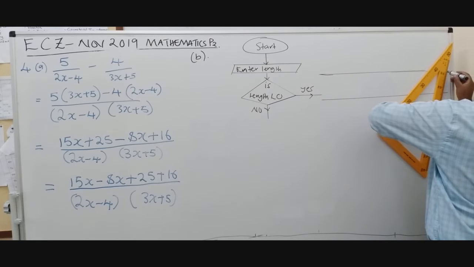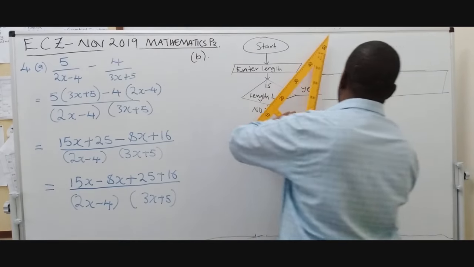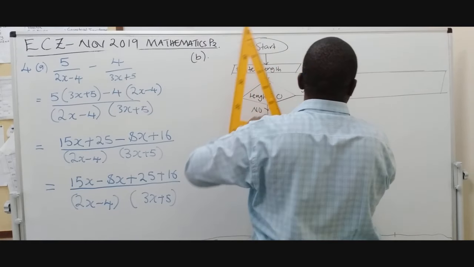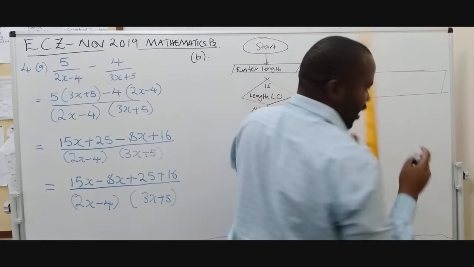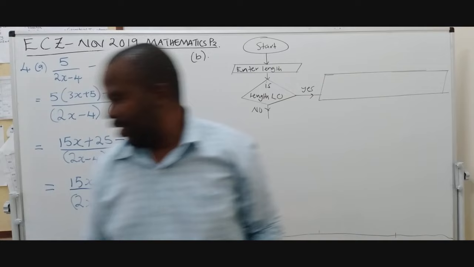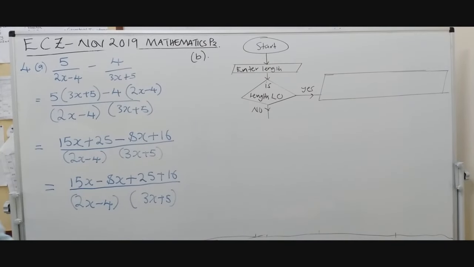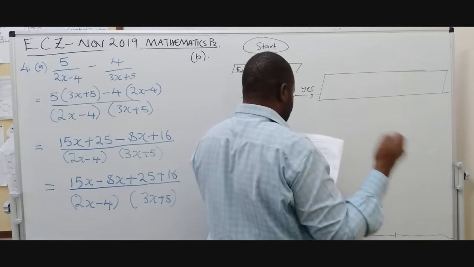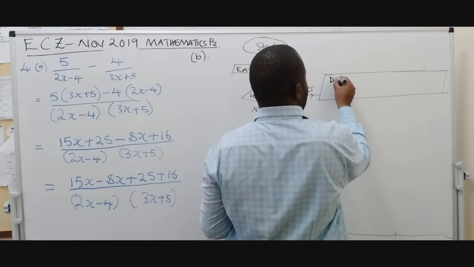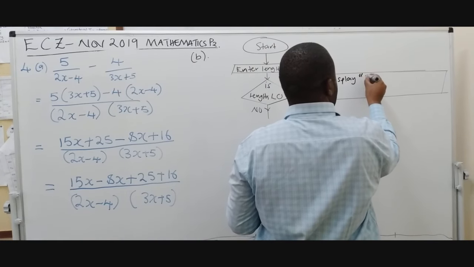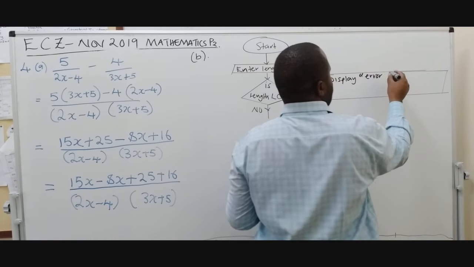So again, because we are talking about displaying, we use a parallelogram again. So we are saying display error message. Okay? Display error message. Right. Let me get another marker. So we are saying if yes it is less than 0, then we display error message